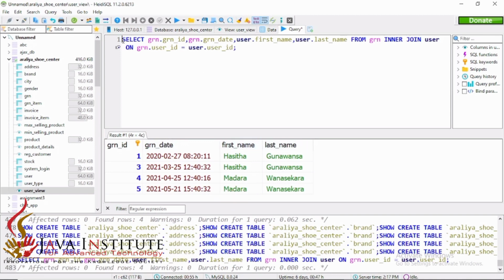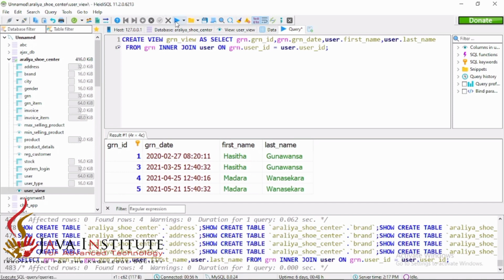So with the usage of this query we have to create a view here as GRN view. So I'm going to create the view, create view GRN view as, and then following this query.